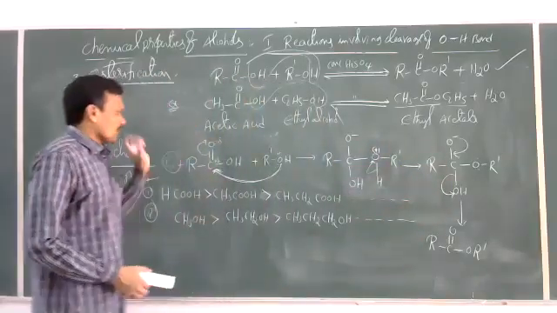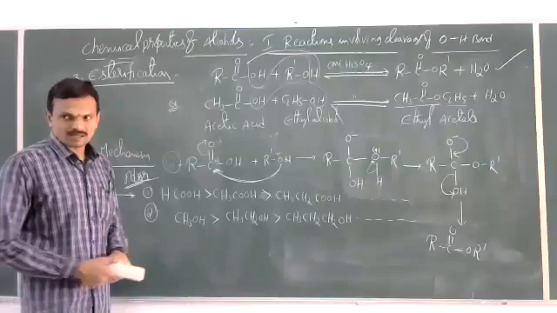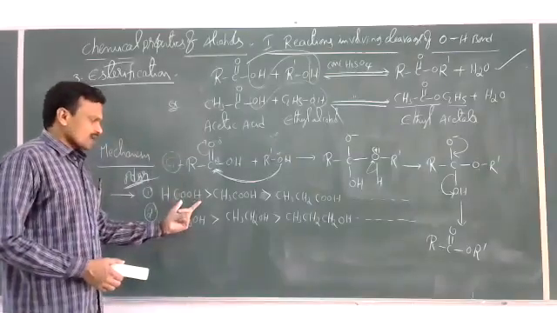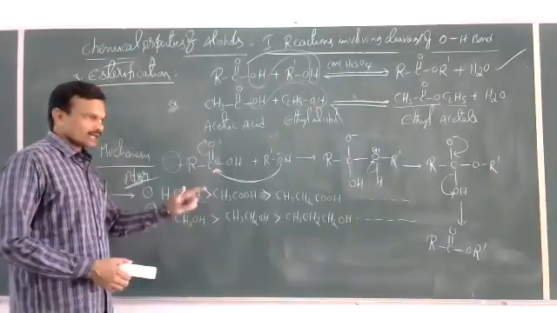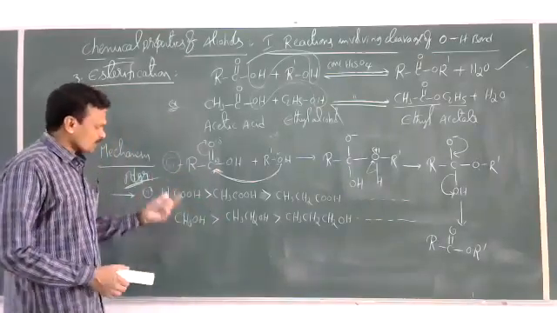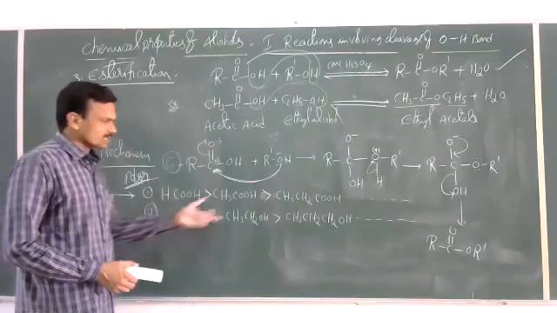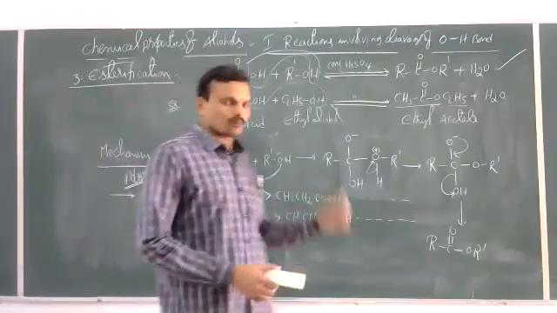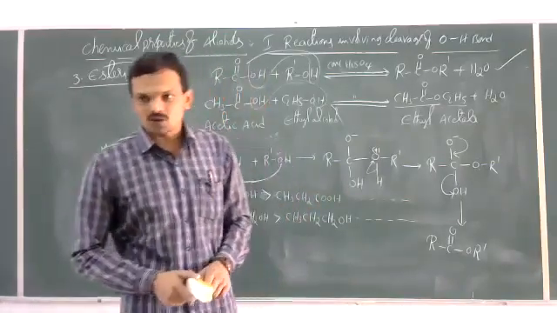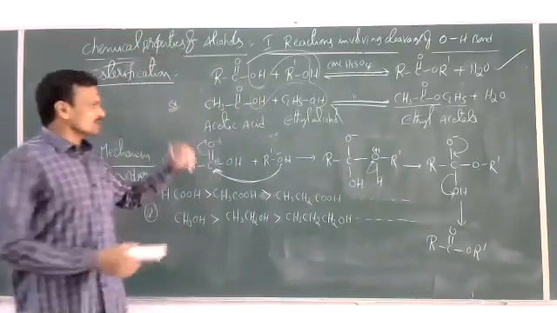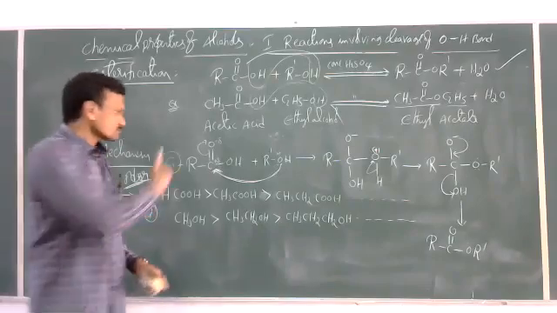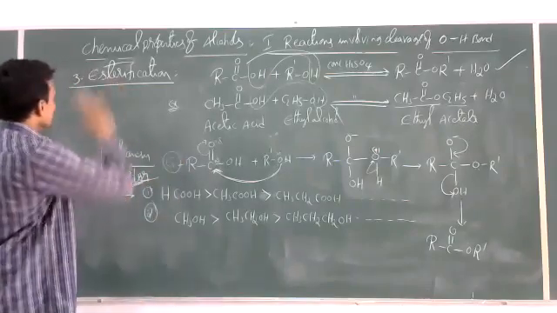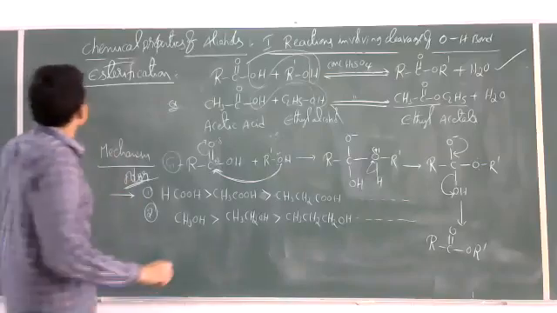And the order of reactivity for different alcohols is: as the number of carbon atoms increases, the reactivity, meaning the rate of esterification, for both alcohols as well as for carboxylic acid decreases. And one more, the presence of electron withdrawing groups on the carboxyl group increases reactivity towards esterification. Okay, so this is regarding the esterification reaction.